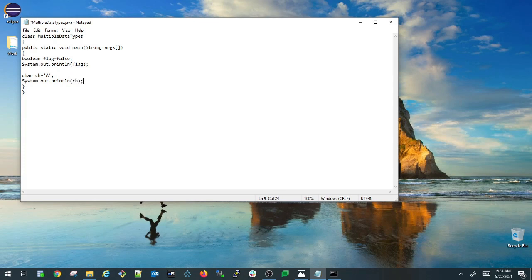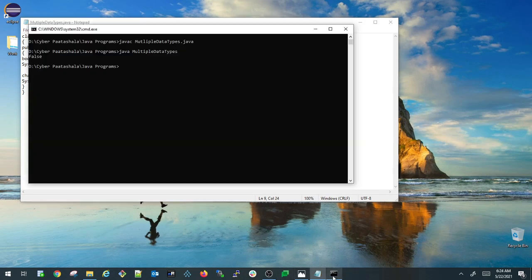I'm just printing that char variable ch here. So I'm going to save it. So let me compile this again. So if you see that, it printed the character variable A.